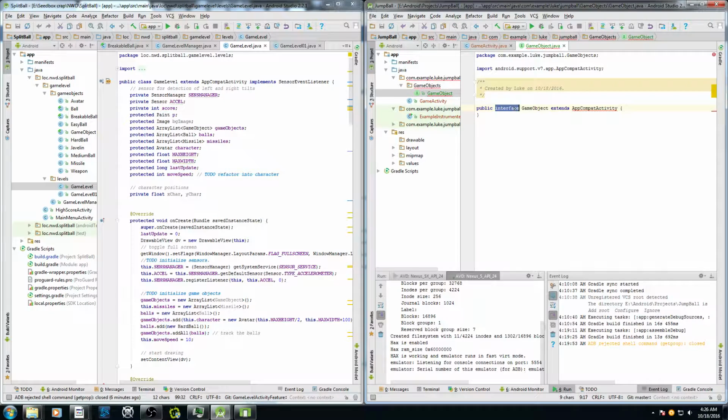Because it's an interface, I made a mistake, so this is going to have to be a class. So it's basically our game object class in its entirety. If we want to be a bit more specific, our game object is going to have